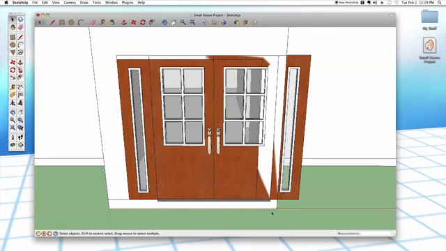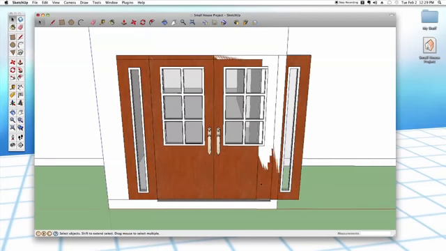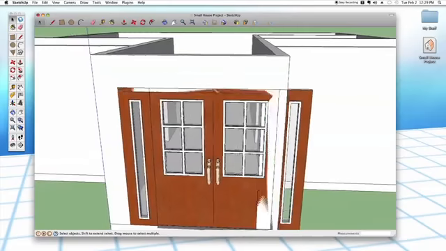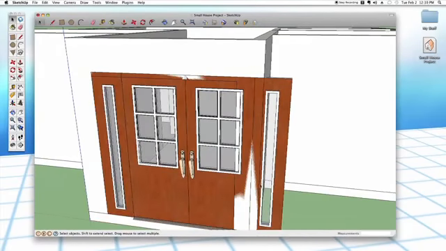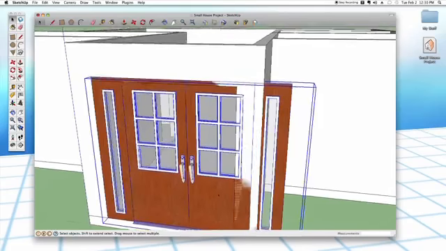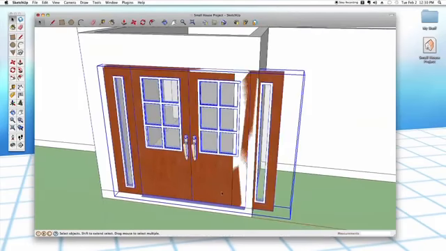Now, you could just download the door, put it where you want it, and then draw a hole to fit it. So what I'm going to do in this case is use one of my favorite tools for this kind of thing in SketchUp, the Scale tool. So I'm going to select this door model. And the Scale tool